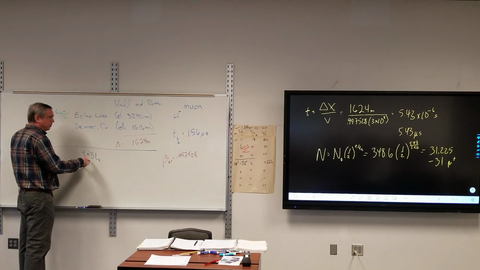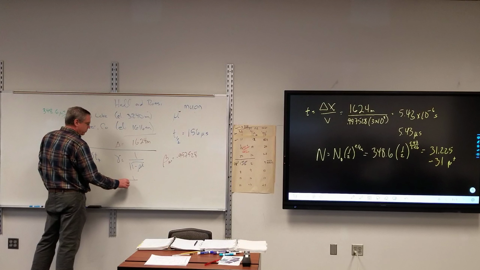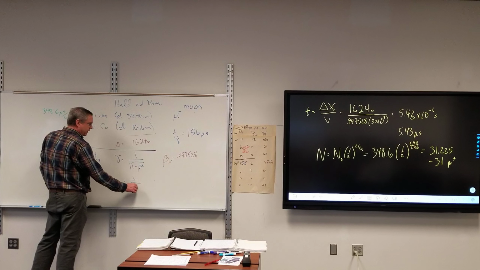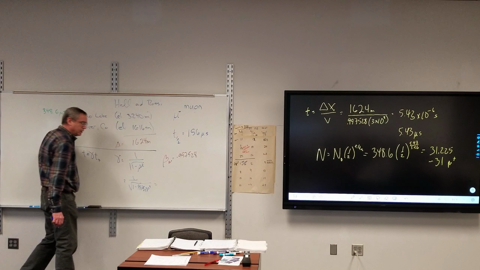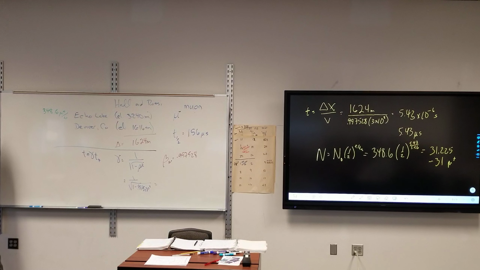Gamma is 1 over the square root of 1 minus beta squared. So that's equal to 1 over the square root of 1 minus 0.99758 squared. And we get,